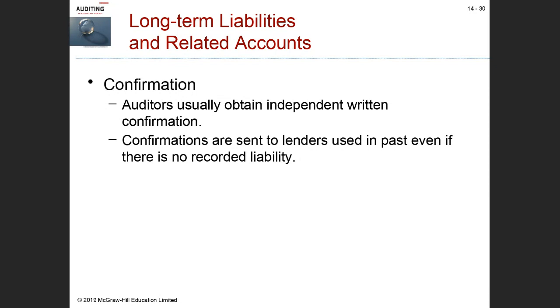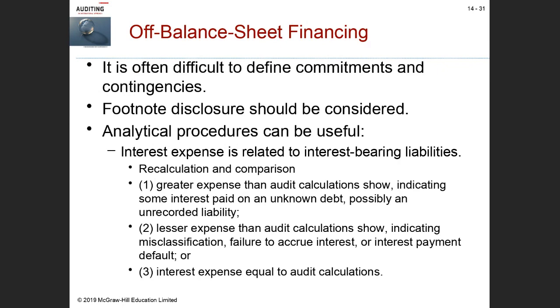how interest is to be calculated. Because we know each payment, typically on a bond, will involve some portion of interest and principal. Well, if there's a disagreement as to how the interest should be calculated, that means the split on each payment between principal and interest perhaps is slightly different between the borrower and the lender. And of course, this can cause problems. Maybe the borrower thinks all the debt's been repaid, and the lender says, no, it hasn't. So this is another reason why you want to send a confirmation to the lenders, especially, and perhaps even still, where the debt has been paid off.